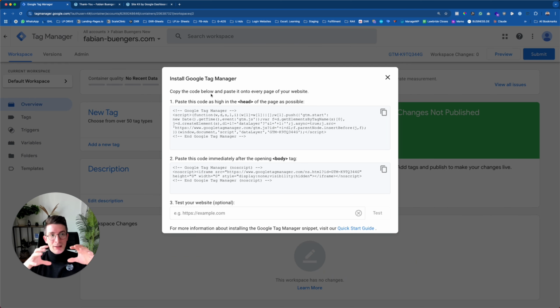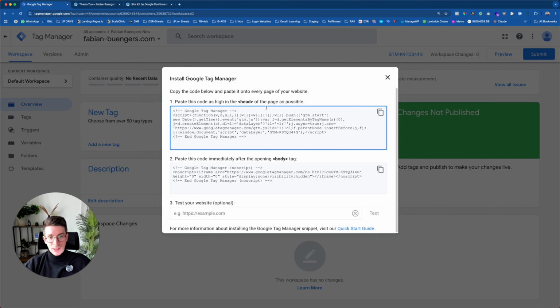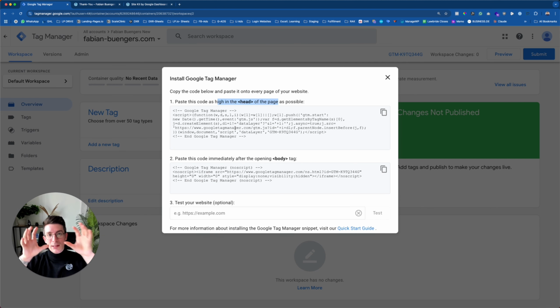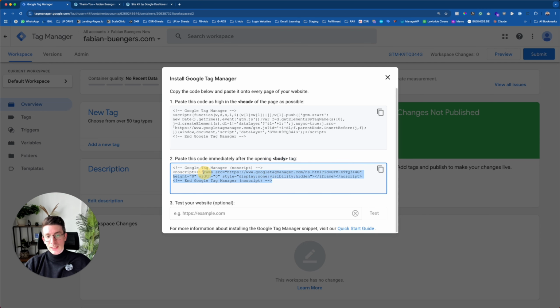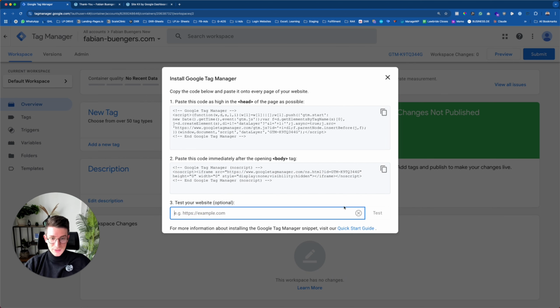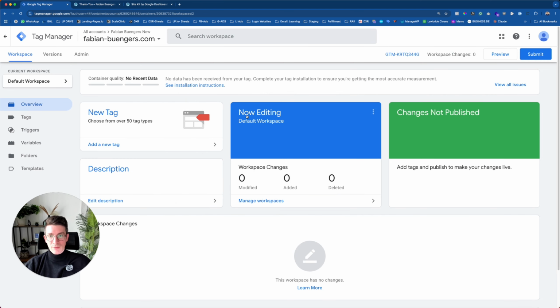If they do not have this specific tool or setting, what you can do is copy and paste the header script over here and put it in the header section of your website. What you also have to do is copy and paste the body tag over here and put this in the body section of your website. You can also then enter your URL and click on test to see if the tags were successfully pushed to your website. In our case, we will close this window over here,